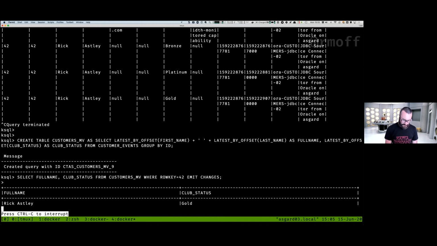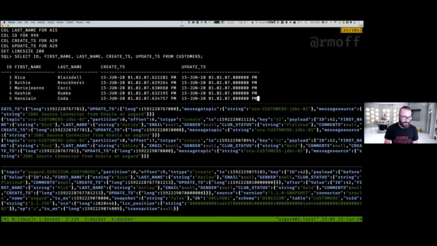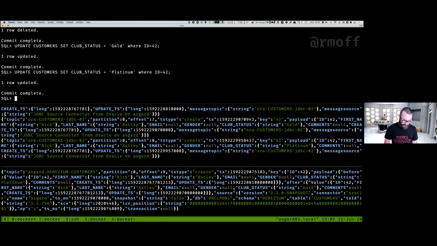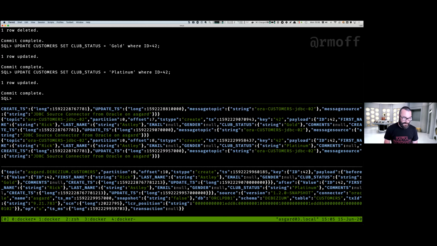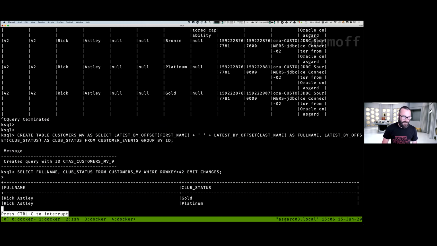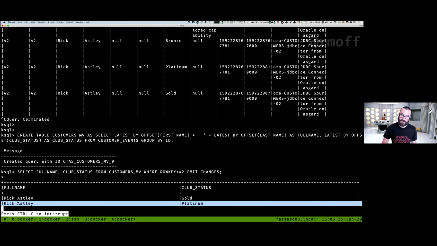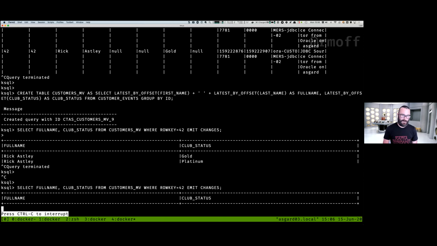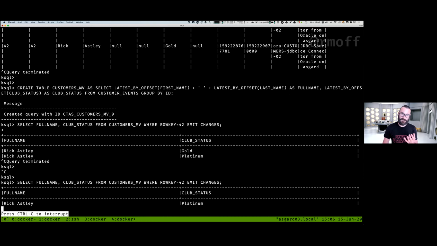If we head over to Oracle and do an update, let's change Rick back to platinum status. We do the update in the database there, and we go back over to ksqlDB, and we can see the state has changed. Now it is platinum. So we've got a table in ksqlDB mirroring the state of a table in Oracle. If I query that again, what's the current state for that particular key? It says, here is the current state.